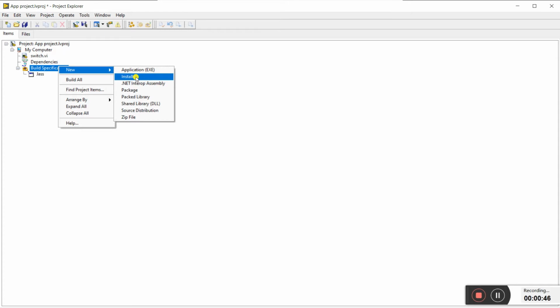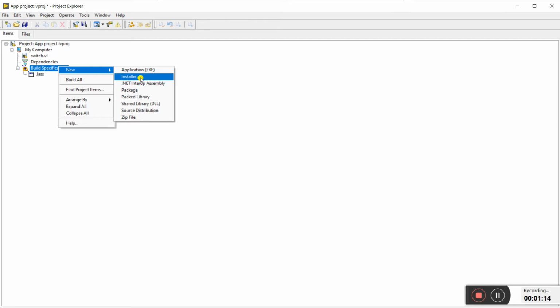Now I'm telling about the purpose of an installer. For instance, I have a separate laptop that has no software regarding LabVIEW or NI, but I want to run my application on that laptop. That's why I create an installer, then copy this folder to my spare laptop and try to install this application. After that, check whether it runs or not.